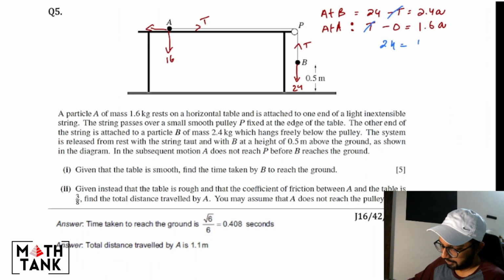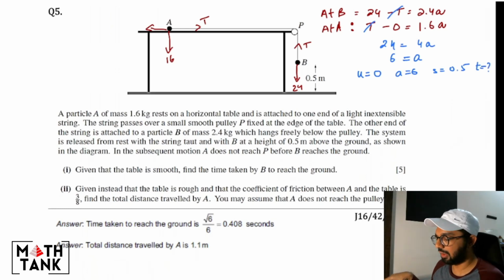24 equals 4A, so A equals 6. So what's happening is that u is 0 and a is 6. The distance that I need to travel is 0.5 and I need to find the time. So